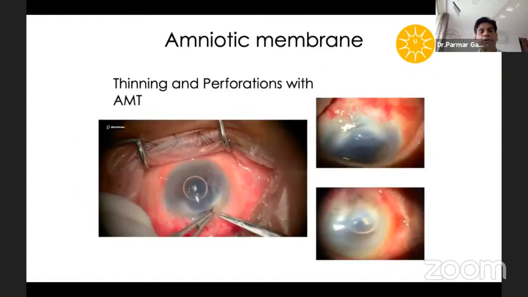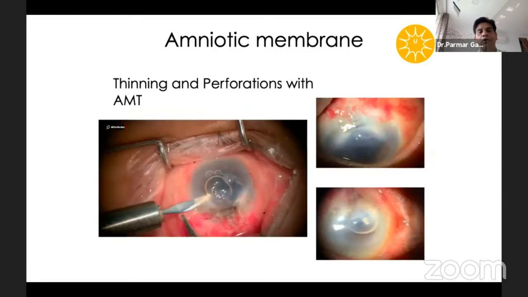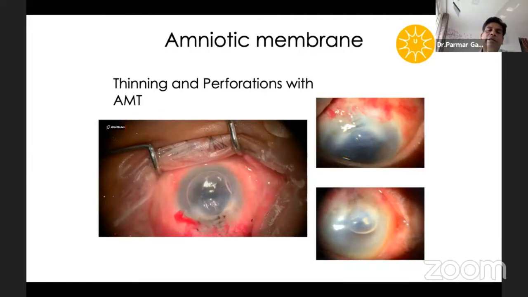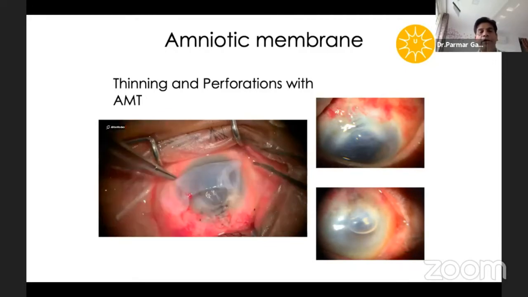This is again a small perforation here because of the thinned out cornea, and SICS was performed in thinned out cornea, and there is a leaking from near the tunnel because of the thinning.